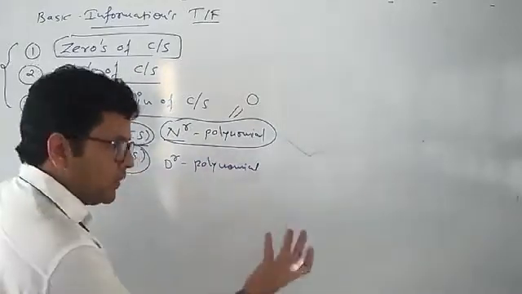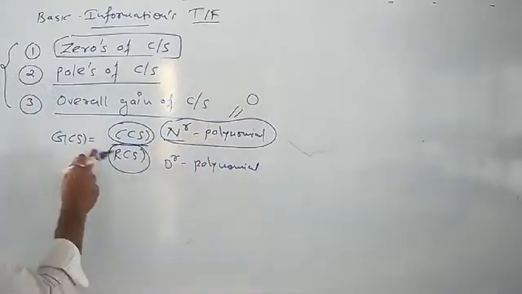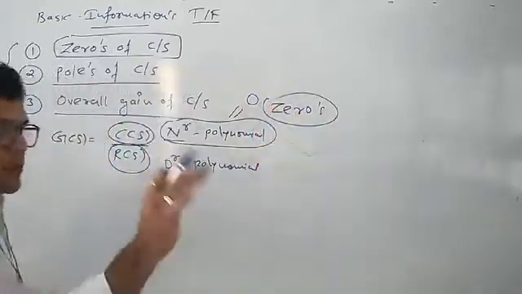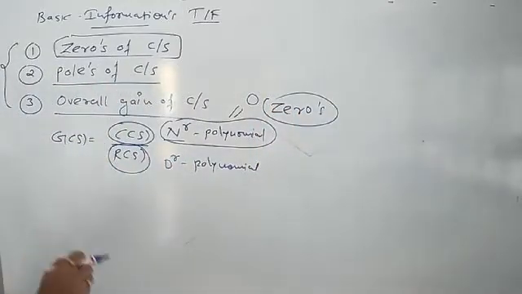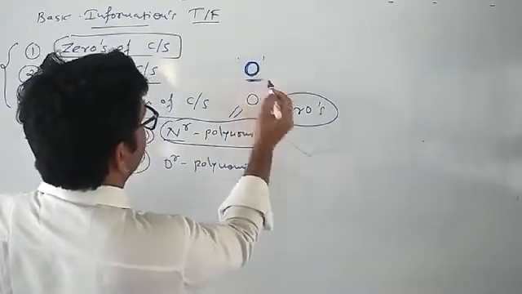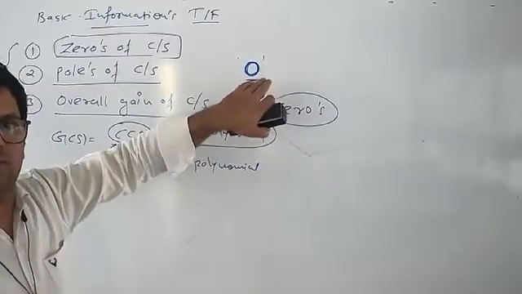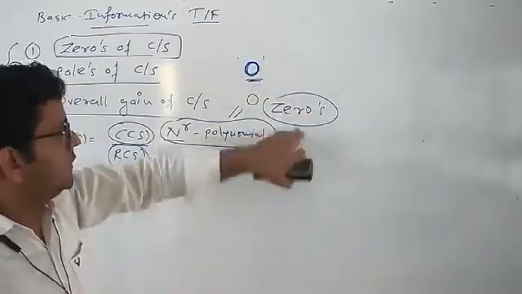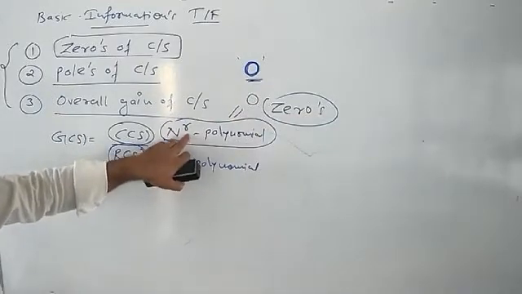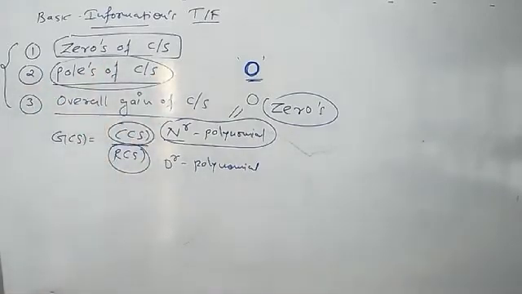So those values of s, or you can say the roots of numerator polynomial of transfer function, are nothing but the zeros of given control system, and zeros are normally indicated by circle, or you can say symbol O or circle. Zeros हमेशा हम लोग normally O symbol से या फिर आप circle symbol से indicate करोगे. So what is zeros? Zeros are nothing but the roots of numerator polynomial of transfer function. In the same way, what do you mean by poles of control system?